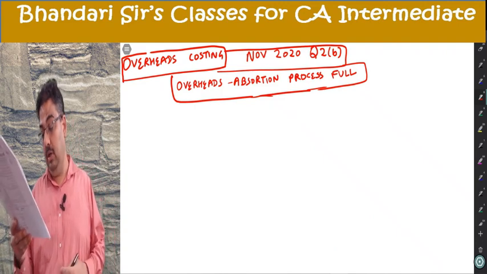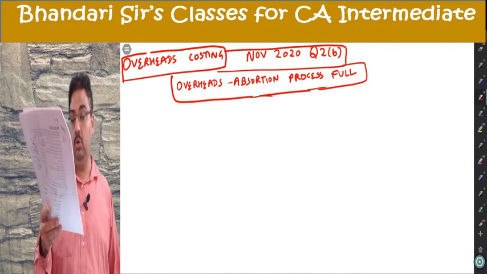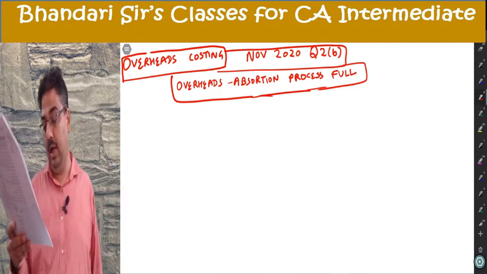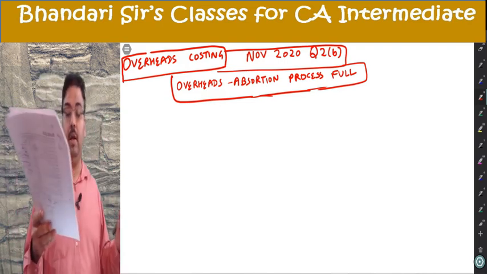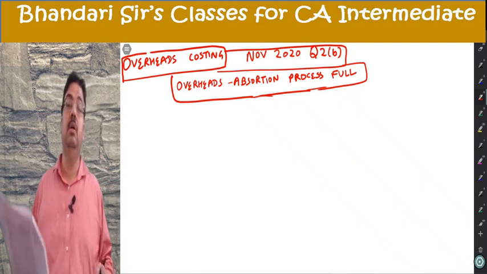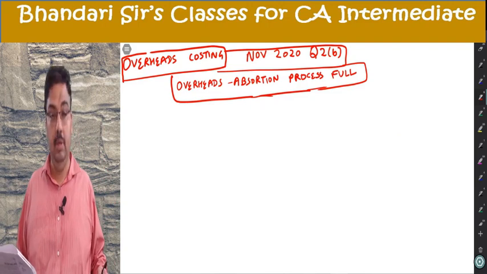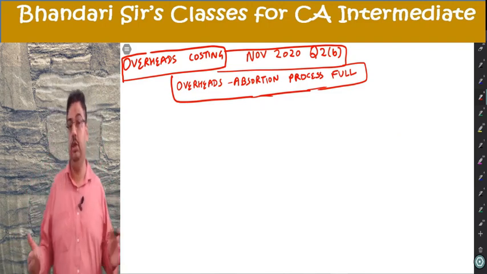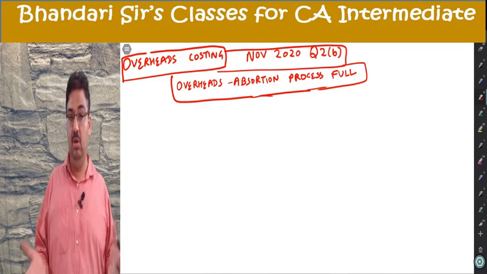In the second part, he wants you to find the recovery rate per hour. So divide by working hours to get the recovery rate per hour, and find out the total cost of product A. A product A cost statement is required because the labor and materials are directly given. Overheads are what we are going to determine. So this is the whole question, a huge question, which can be lengthy and disturbing due to its length, not due to the concepts involved.